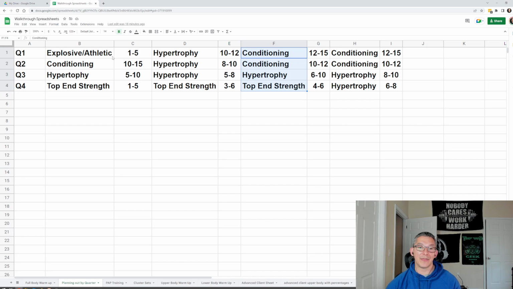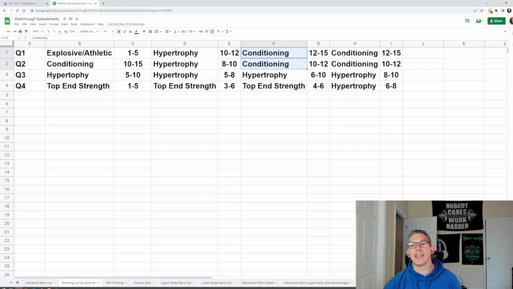We're just dropping the athletic phase because most clients don't really need to become more athletic. They don't want to become more athletic. I mean, if they do a little bit, sure, it's not a big deal. But they're really focused on looking good for summer, looking good for vacation, right? So this is a really great way to program for this because we're leading into summer. We're doing a lot more work. It's a little bit more fat burning. They're getting a lot of work done. So it's just going to help them look good for summer. And then as it starts getting colder, we focus on building our muscles a little bit larger and getting them a little bit stronger. And then the cycle repeats itself again from there.